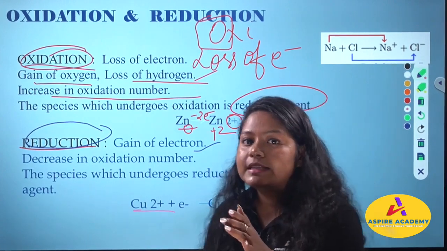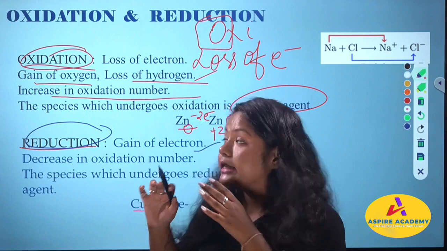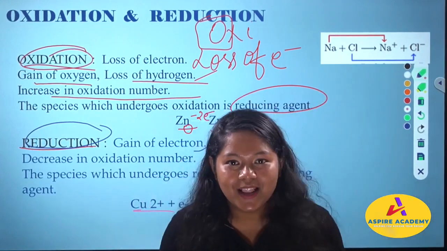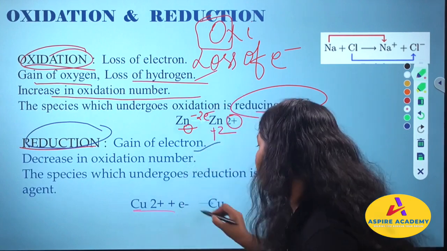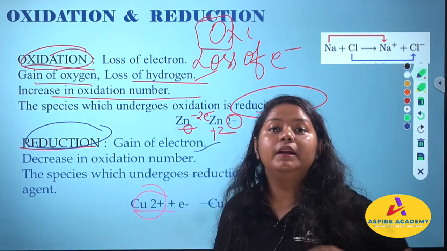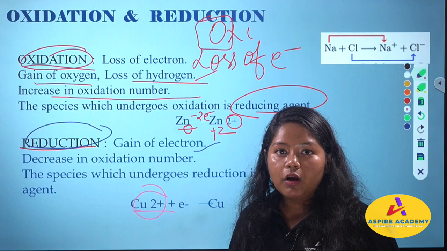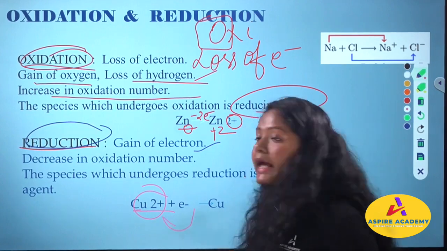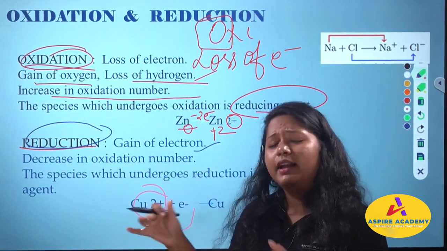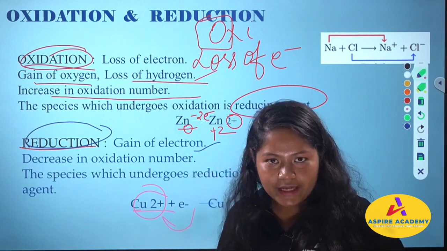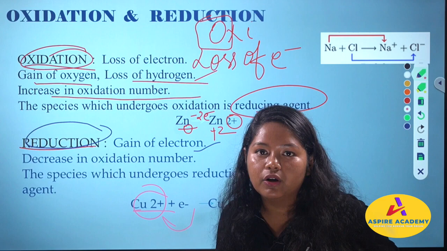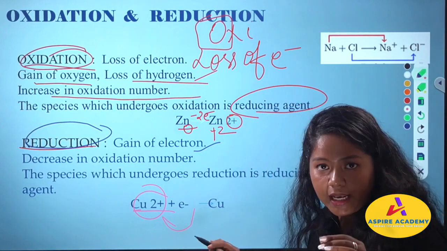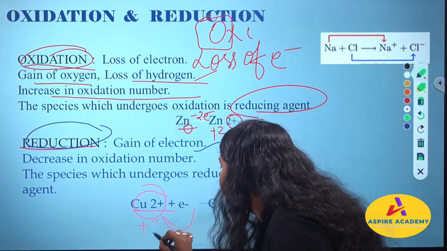When you see any plus in chemistry, it means it lacks electrons. Copper lacks electrons, so copper will gain electrons. How it will gain doesn't matter as of now. You just need to understand that when copper is gaining electrons,